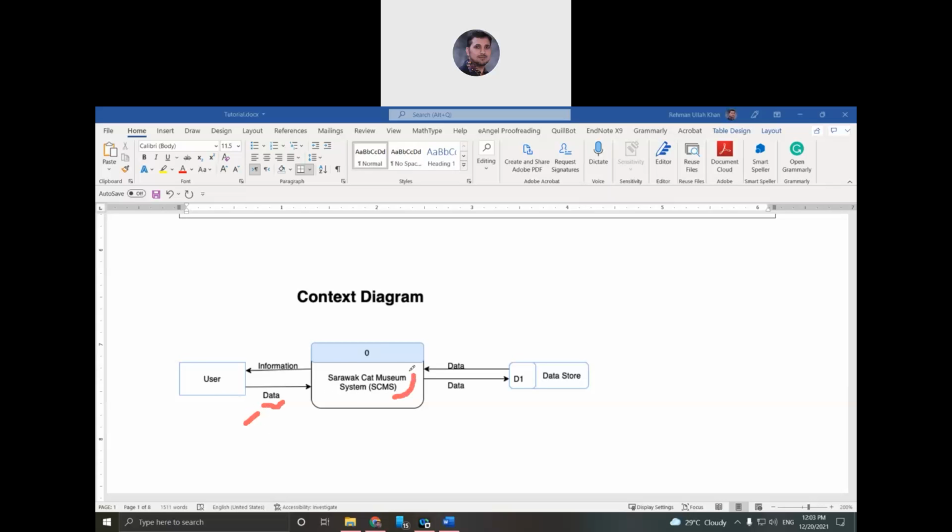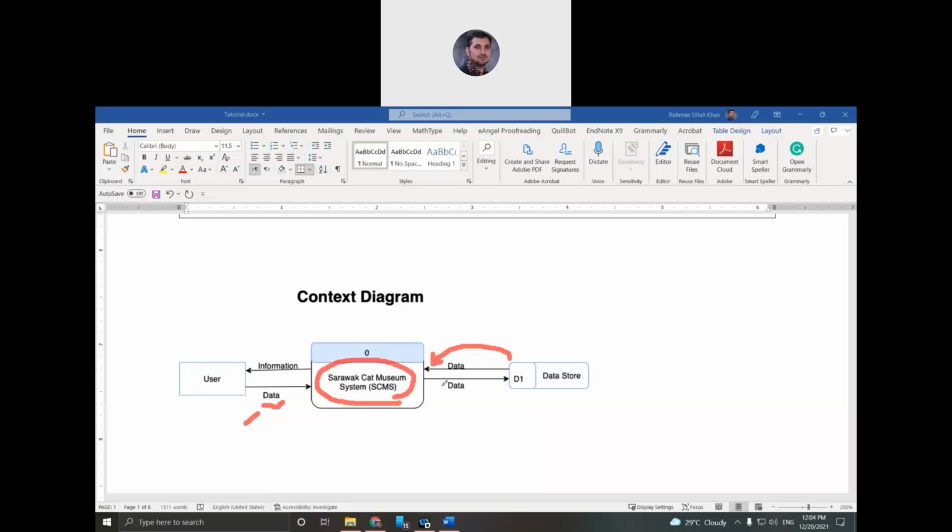Okay, so this data is going from the user side to the system. You see I put the whole system, not a single process. And this system may get some data from maybe some online databases or internet.